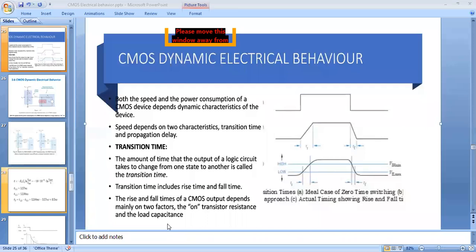So totally, the transition time, that is rise time and fall time, mainly depends upon two factors. One is the on-resistance of the transistor, and the second one is the stray capacitance available in the circuit. For example, if we consider an inverter circuit, there is no physical component of capacitance, but due to internal wiring and packaging connections, we face some stray capacitance. The stray capacitance appears in three ways. The first way is input circuits which are connected to our circuit.